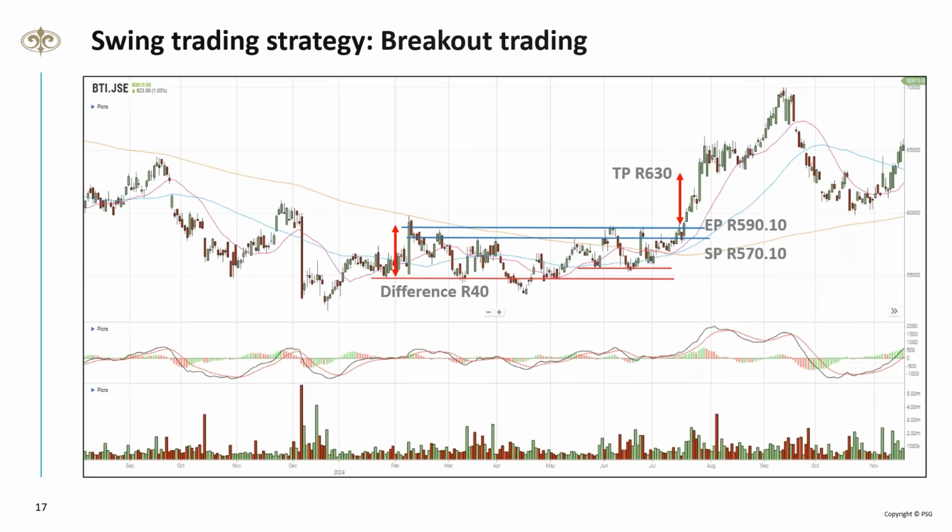Okay, so here's a scenario. This is BTI, just as an example. This is a sideways market. You can see it was trading below its 200-day moving average for a long time, and consolidated, found a bottom, made a bit of an island, and then we had this little sideways market, and then it moved above its 200-day moving average for the first time in a long time. But you can also see that it broke up through all these resistance levels. You can see it touched quite a few times there, in the little resistance zone.